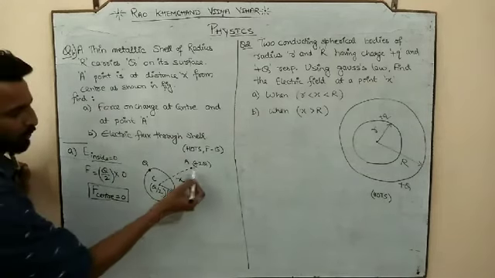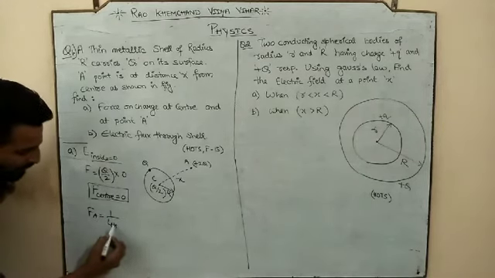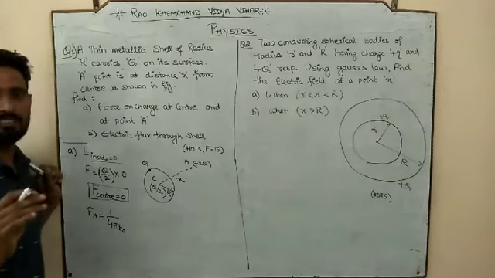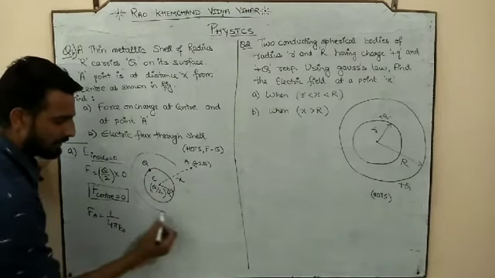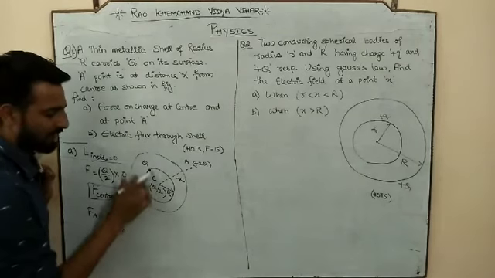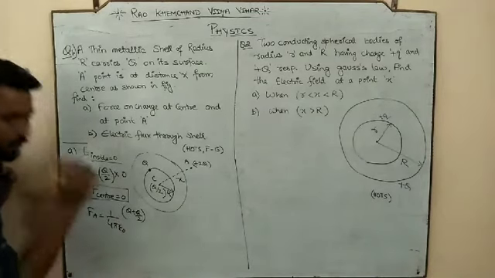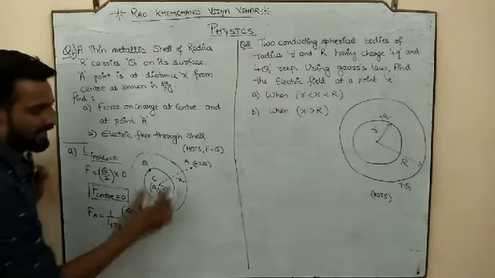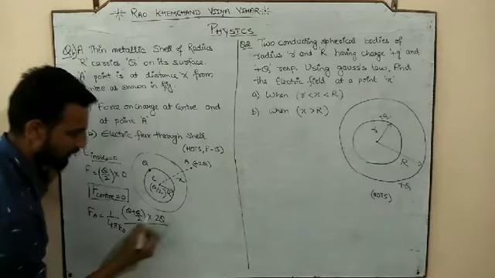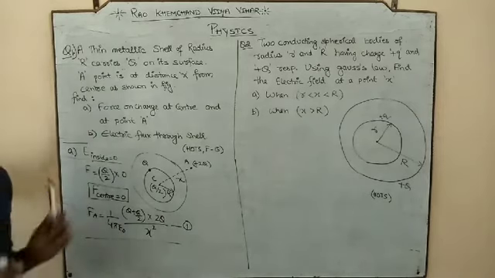Now, the second thing he is asking, also calculate the force at the point A. So force at A. You can use this formula 1 by 4 pi epsilon naught Q1 Q2 over r squared. Who is going to work as Q1? This whole body would act as Q1. And what is the charge enclosed by that whole body? It would be Q plus Q by 2. So this is your Q1, means the charge whose electric field acts here, into Q2, which is 2Q, divided by the square of the separation. You can solve in this manner. You can leave it in this manner.